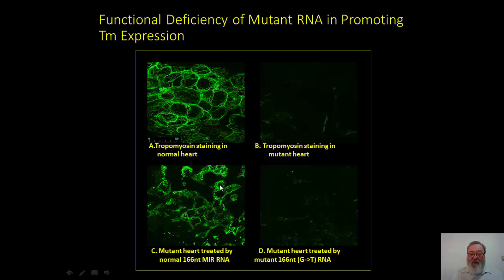If, however, you treat the mutant heart with normal RNA, you get a rescue and you get a lot of tropomyosin and myofibrils. On the other hand, treating the mutant heart with mutant RNA resulted in a non-rescue. And so that confirmed that the mutant RNA was incapable of rescuing and promoting cardiac differentiation in those non-muscle mutant